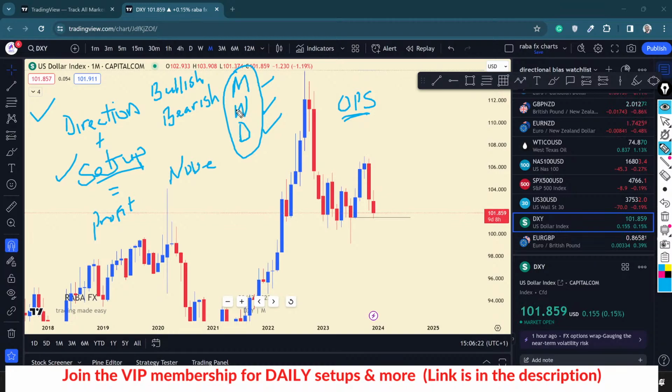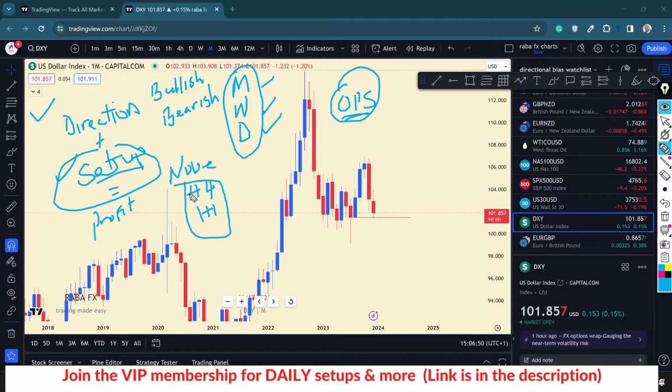I know it might look odd. Why will I be looking at the daily for a scalping strategy? Well, if you want to know why, that is what I teach in my opening price strategy. Anything below H4, H1, 30 minutes down to the 5 minutes is simply noise when it comes to direction. But your setup